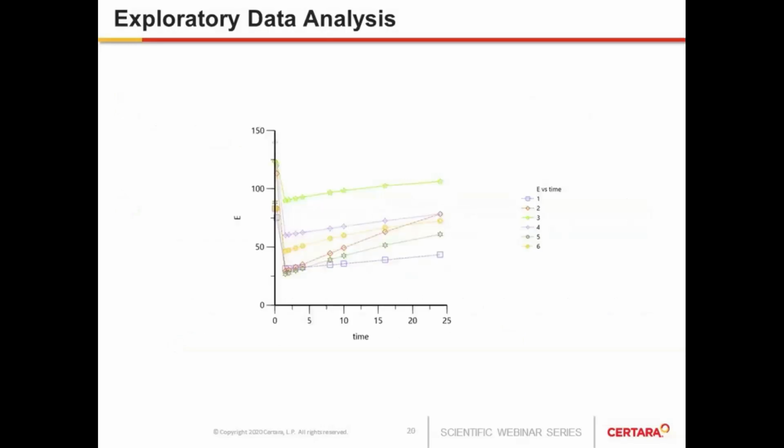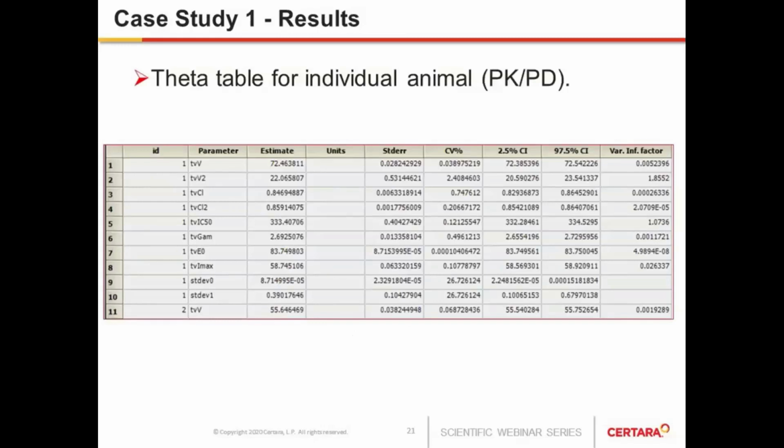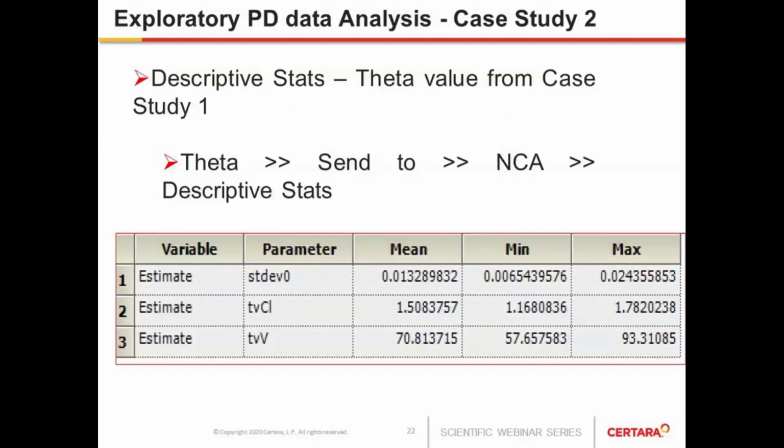So quickly looking at my PD data set, you could see a good fit for my PD exploratory analysis. And the theta table for the individual animal, which I'm going to extract from the first case study. What I'll be doing is sending it to descriptive statistics to get the mean, minimum, and maximum